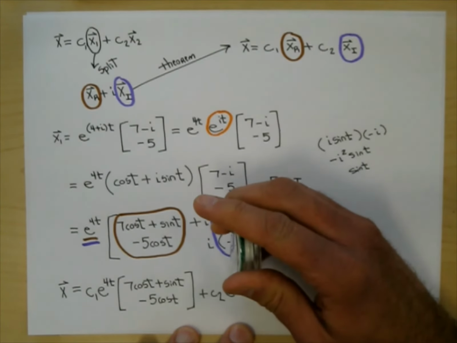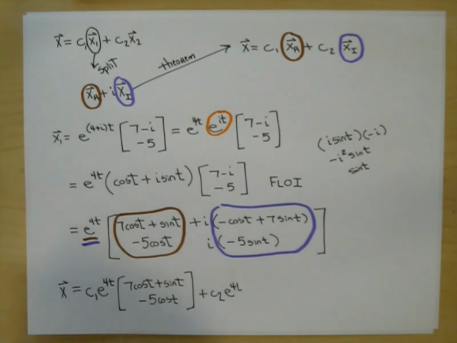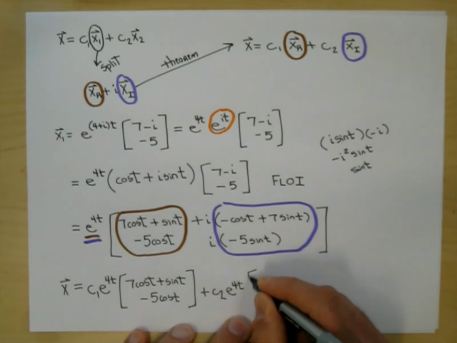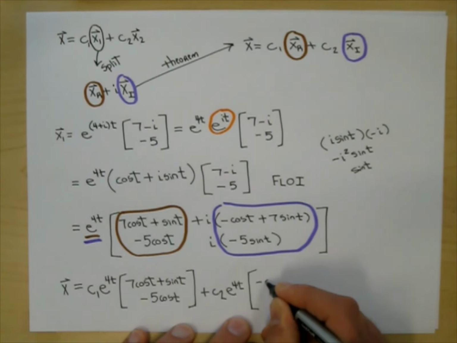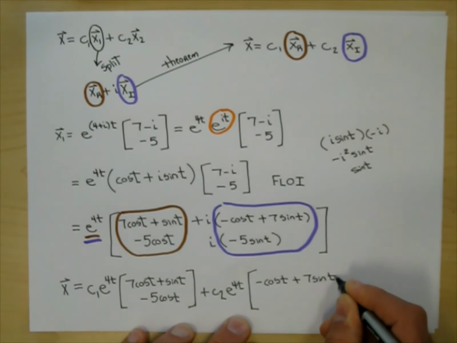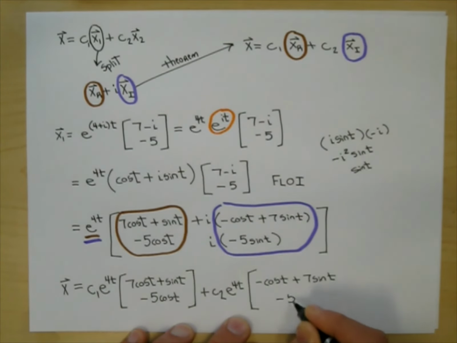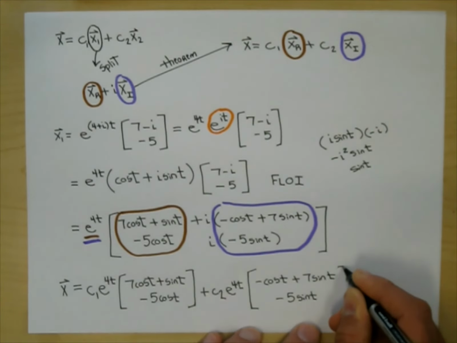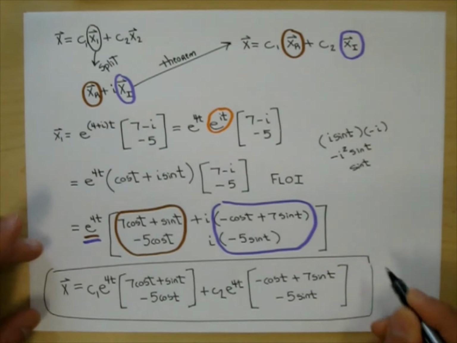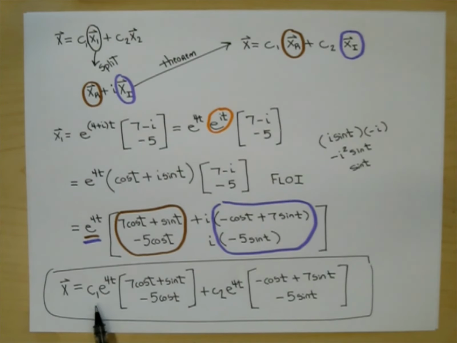So let's take care of the smear there. Okay, so this is e to the 4t. And we have this vector here, which is the purple one: negative cosine t plus 7 sine t. And on the bottom we have negative 5 sine t. And there it is. We have c1 times a vector plus c2 times a vector, a linear combination of two